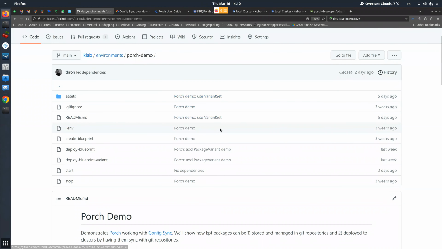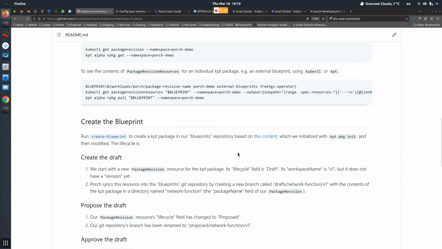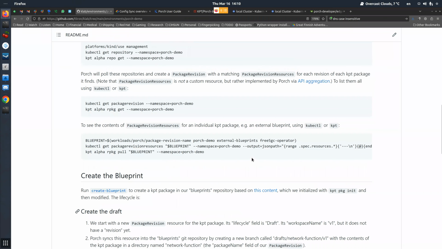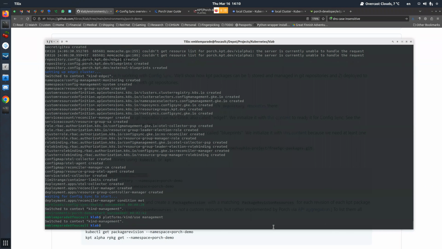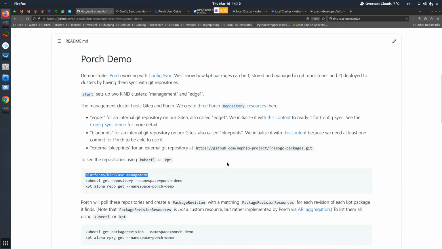The Porch demo README goes over a lot of this in depth, right? This gets pretty complicated, but I want to show you a little bit of what we have right now. So I'm going to switch to the management cluster, where Porch is running. I'm using this just to copy and paste. Let's look at all our repositories,